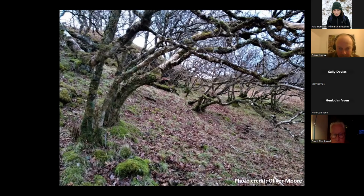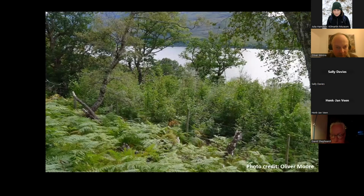However, what sometimes happens is that a fence is erected, a deer fence in this case, to keep the herbivores out. So you've had a long period of grazing pressure over the years, decades, and then you have no grazing whatsoever. And you then get this marvelous regeneration. Look at it. But there's a risk, because if you've got some of these lovely old mature trees, then you have the same effect as the rhododendron, because all this dense regeneration can shade out the very species that makes temperate